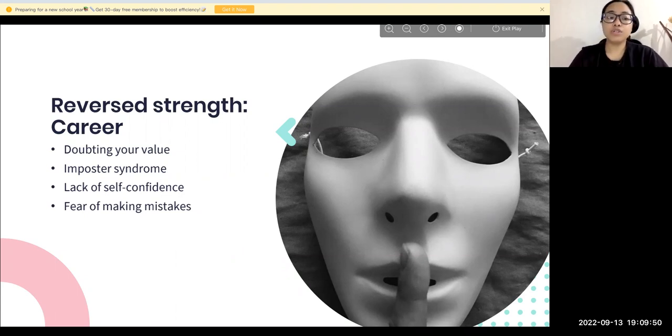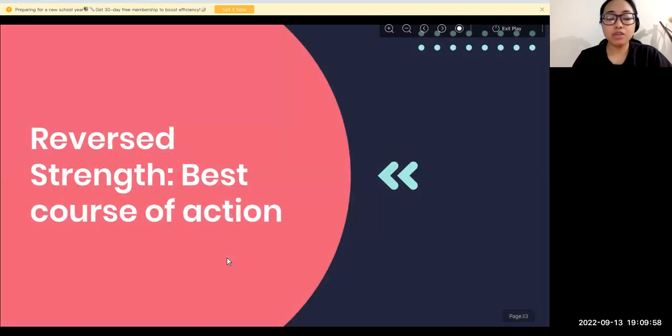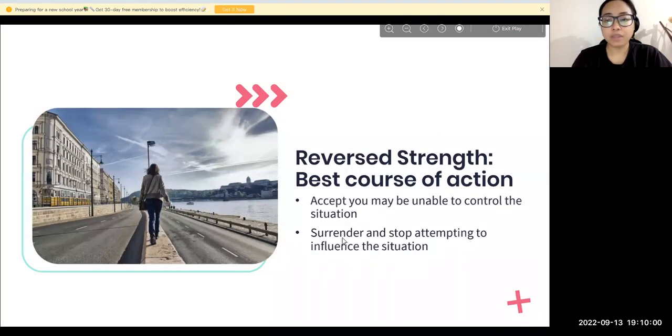And you're also dealing with lack of self-confidence. You don't feel right, you don't feel confident about it, and there is fear of making mistakes in life. That's one thing that is making you not take action in life. So what is the best answer, or I would say advice, you can give to your client? You can say, accept whatever is not under your control.